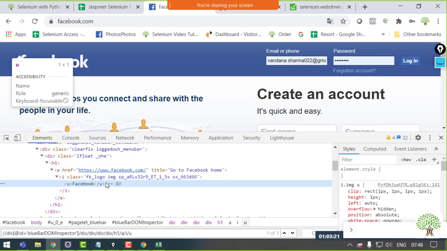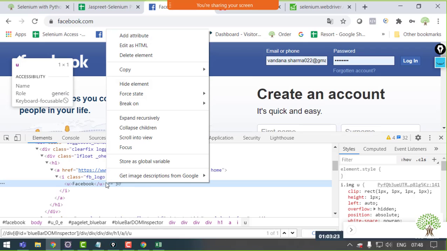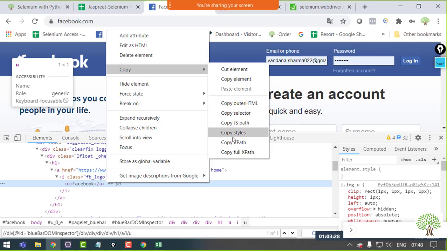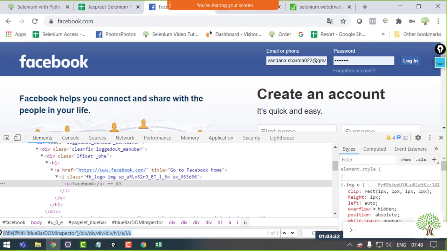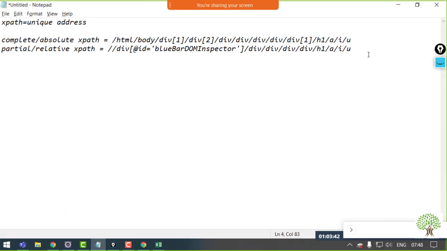What you need to do is right click over the highlighted part after inspecting the element, go to the copy option and click on copy XPath. Fine. And if you search for this, it is going to give you this particular output, which is actually the same. See.